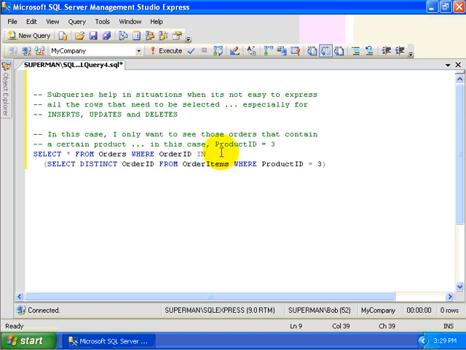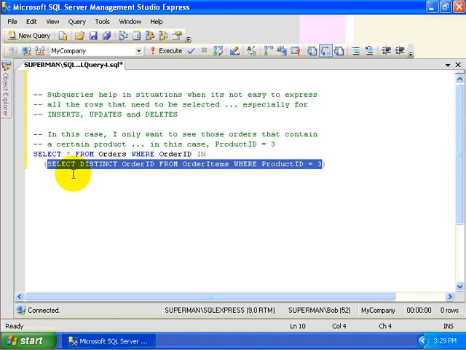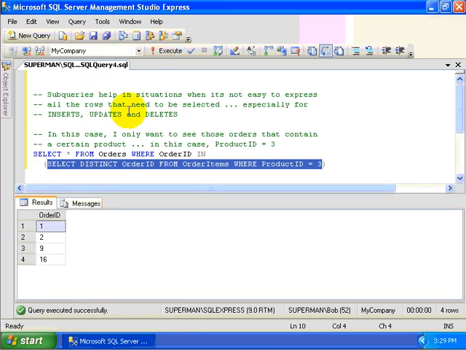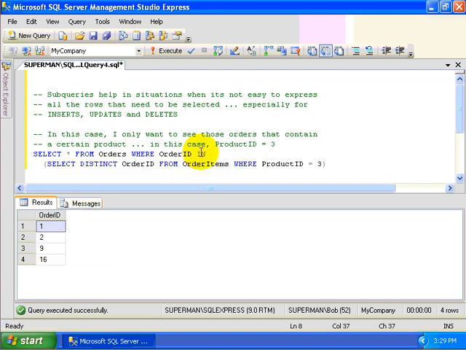The intent here is that this statement will be executed first. What this statement will return to us is a series of order IDs. Those order IDs will be used as the input to the second select statement. So we're only going to select those orders from the orders table where the order ID is in this list